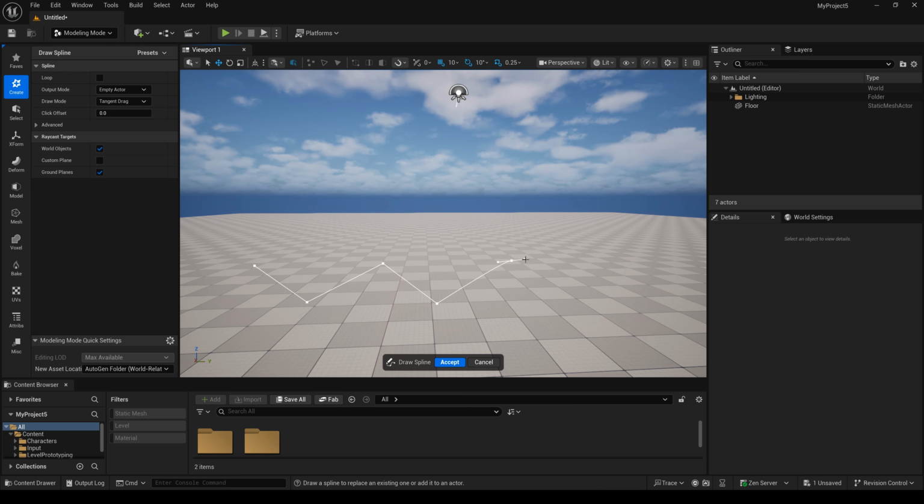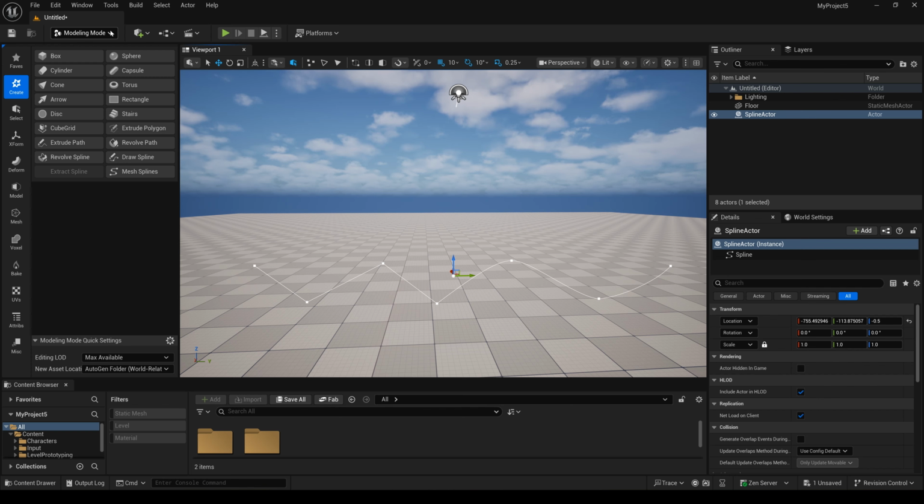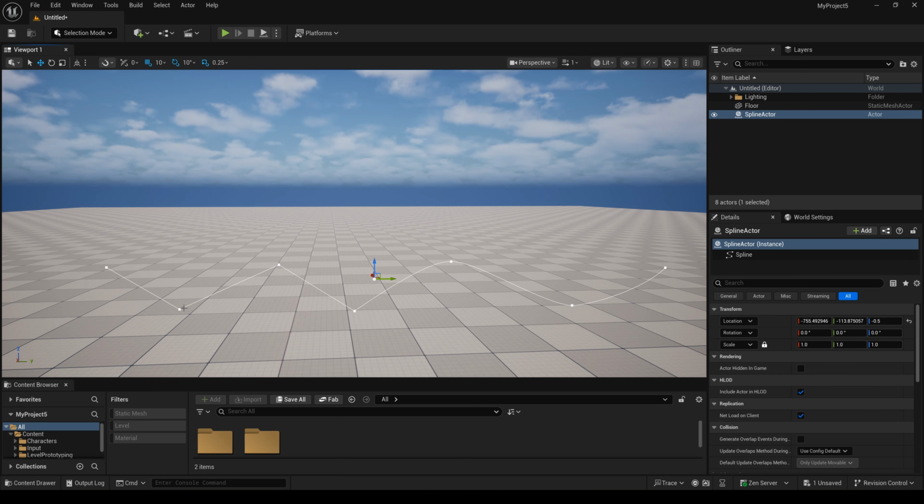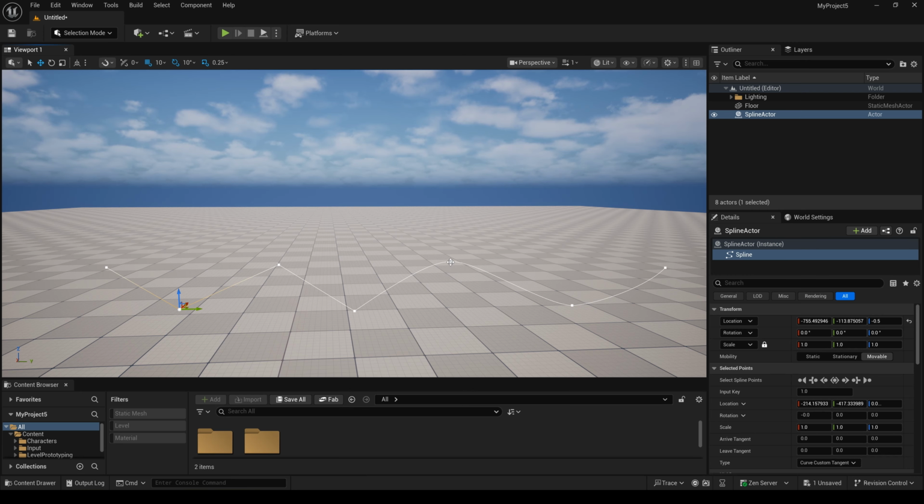Left click and drag the mouse, and you will create the curve. Accept. And now we have a spline. And this point, if I want to make it have the handle, I select it